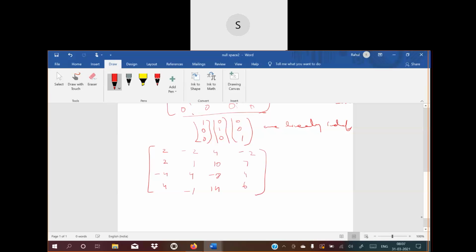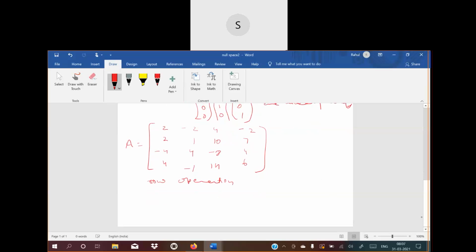This was the matrix. Take a few examples, even in the tutorial we'll be taking examples. First and foremost, you learn how to reduce big matrices into reduced row echelon form. So here if we do the elementary row operations, we can reduce this to